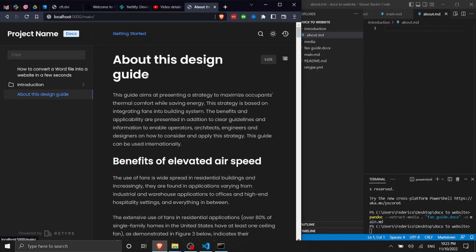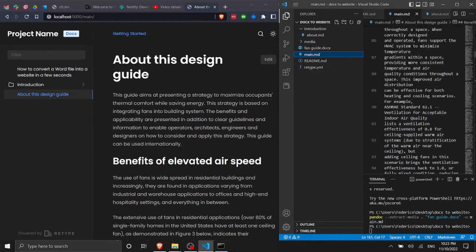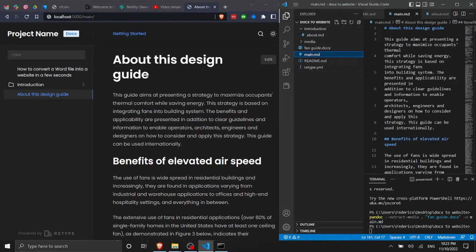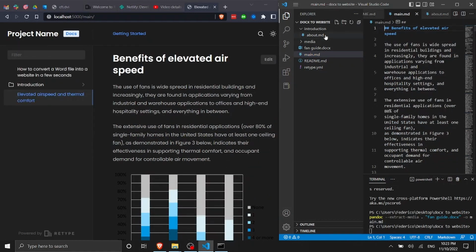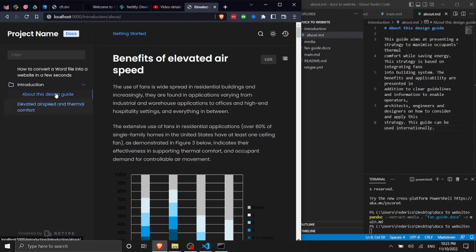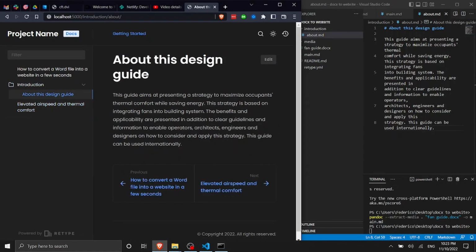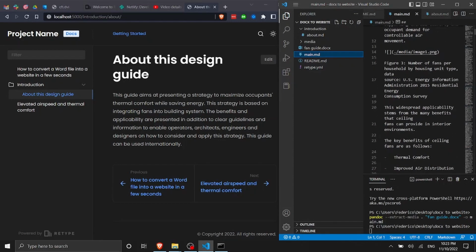So where do we get this content? We get it from the main document. We want to just take out some content from here and we want to just paste it over there. So we do Ctrl X and then we go inside about and then we paste this content here. And automatically, as you can see, the auto reload is updating our document and now we can see the sub page inside.